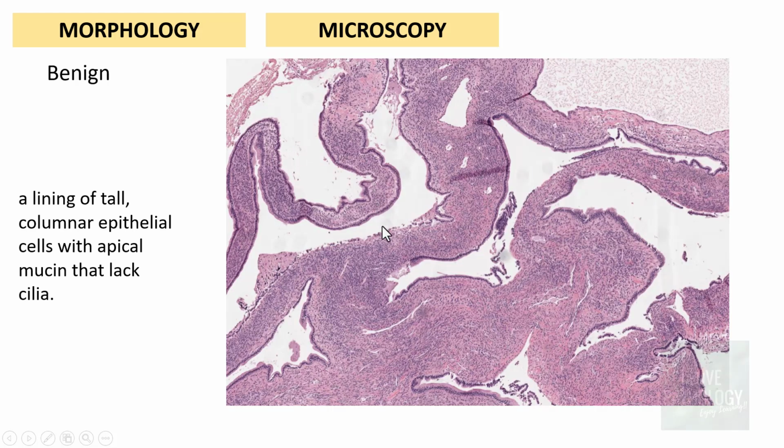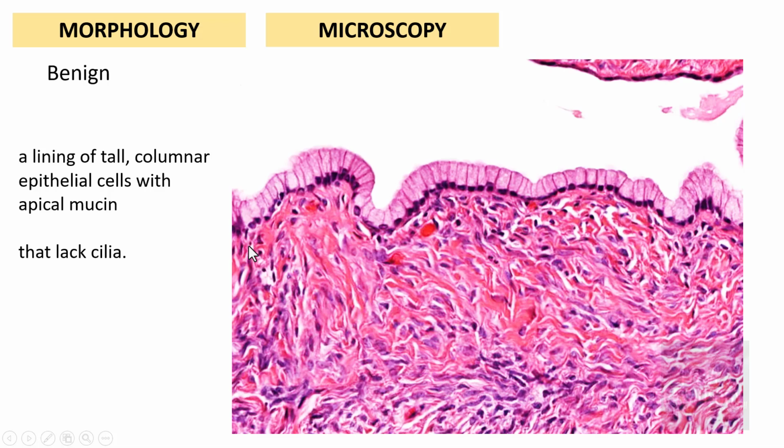At low power magnification, we can easily make out that each of these cystic spaces is lined by tall columnar epithelial cells with apical mucin. On the higher magnification, we can make out that these are very classical tall columnar epithelial cells with basally situated nucleus, benign looking nucleus. Okay, apical mucin, large amounts of mucin, and you don't find any cilia. In contrast to the serous tumors where you had cilia because that resembled what? Fallopian tube